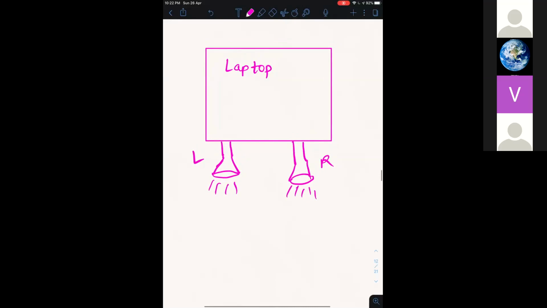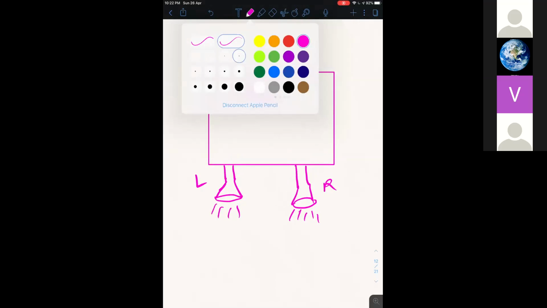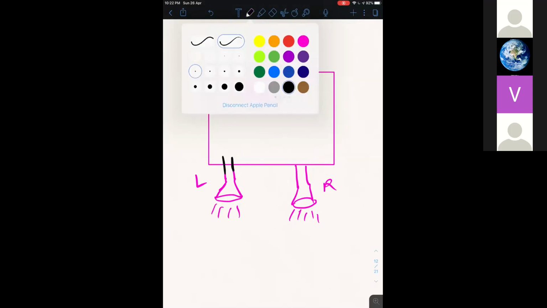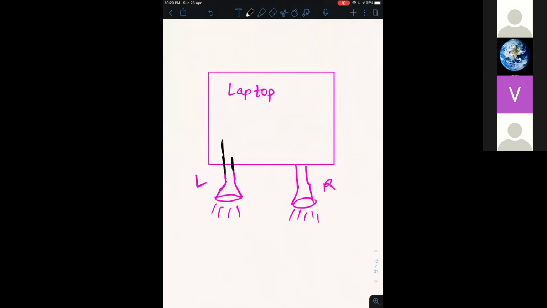The connection of these speakers is something like this. These two wires are grounded, and this is connected to, let's say, channel 1, and this is connected to channel 2.